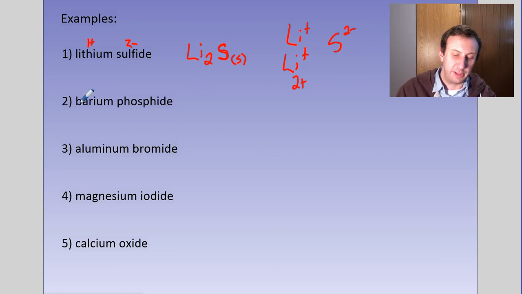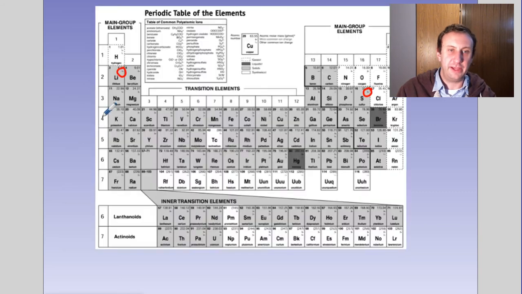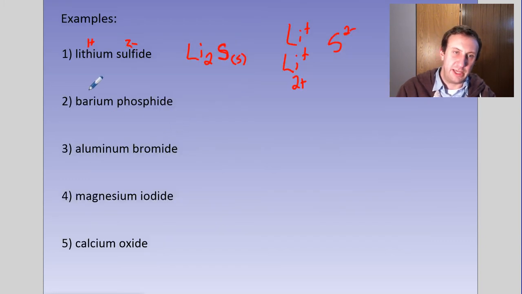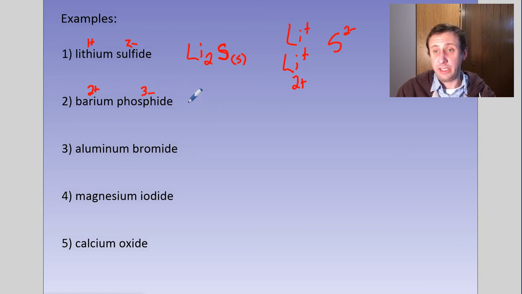All right, one more. Barium phosphide. I take a look at barium. It's got a 2 positive charge. Where are you, barium? There you are. Barium 2 positive, and then phosphide is sitting at a 3 negative. Okay, so I've got Ba2 positive and phosphide 3 negative. So I'm going to have that meet up at 6 between 2 and 3. So I'm going to have 3 of these and I'm going to have 2 of these,